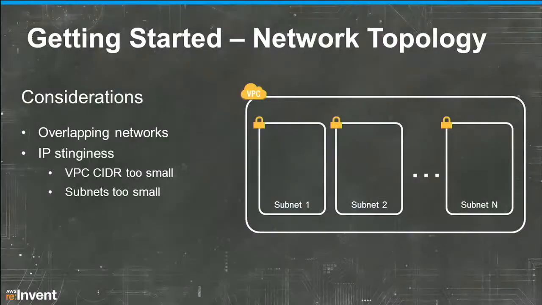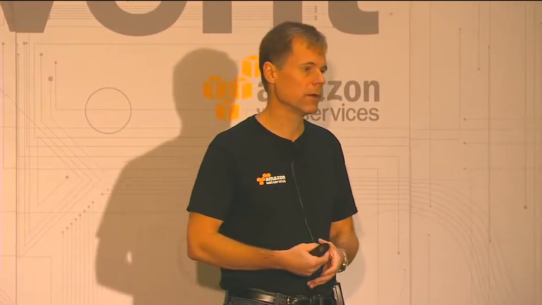A couple considerations as you're planning and laying out your infrastructure to go to a hybrid environment. These are some mistakes that we've seen companies make as they start to consider hybrid environments on AWS. The first one is networking topology. Almost every enterprise is going to start with virtual private cloud, or VPC. You need to figure out what your network is going to look like as you start to incorporate more and more cloud resources into that network.